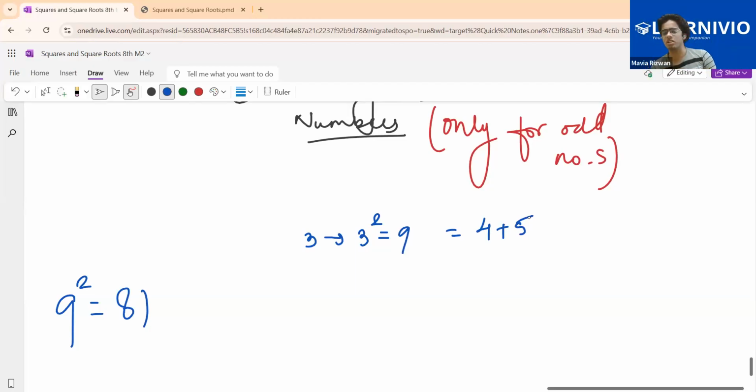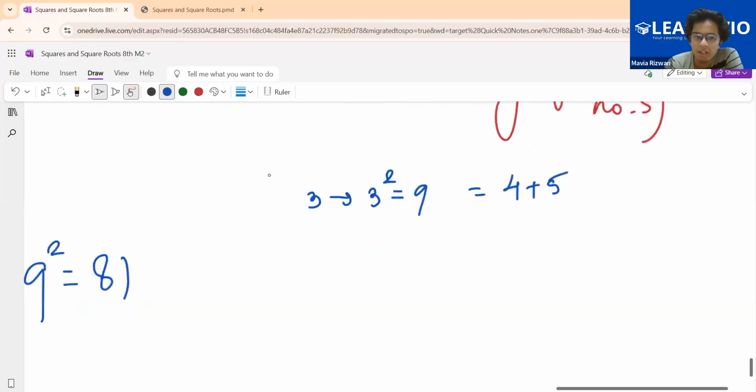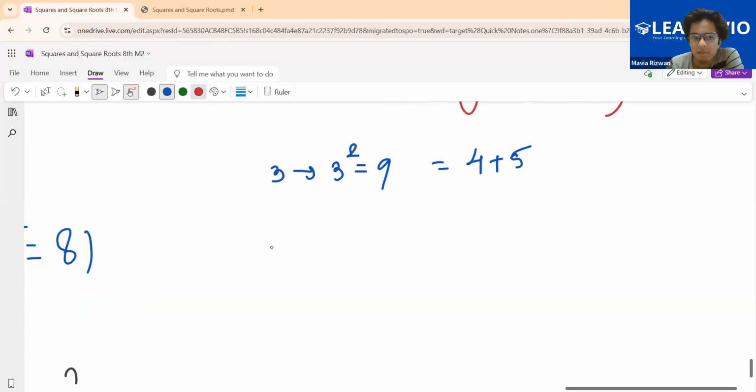Now you'll say, sir, what is this? This is very easy. But see, for a small number it is easy. But let's say I take the next number, that is 5. So 5 square is 25. So how do we express 25 as a sum of consecutive natural numbers? So the trick is,